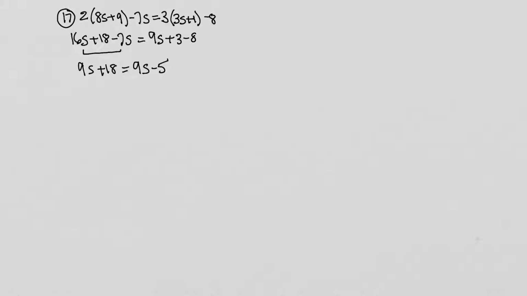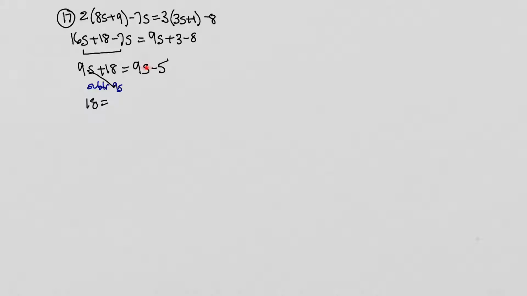Now, just in case you don't see it, let's get the s's all on one side. So pick a side. It doesn't matter. Subtract them here or subtract them here. So if you decide to subtract 9s, what's going to happen is when you subtract it from the left side, 9s minus 9s, that's gone, and you just get 0. Well, I don't even need to write this 0. 9s minus 9s is gone. You get 18